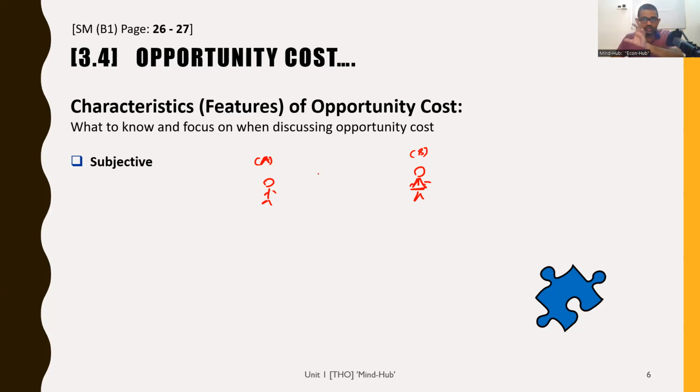It's two things we have to be very clear on. So they are given certain alternatives. We'll say both A and B